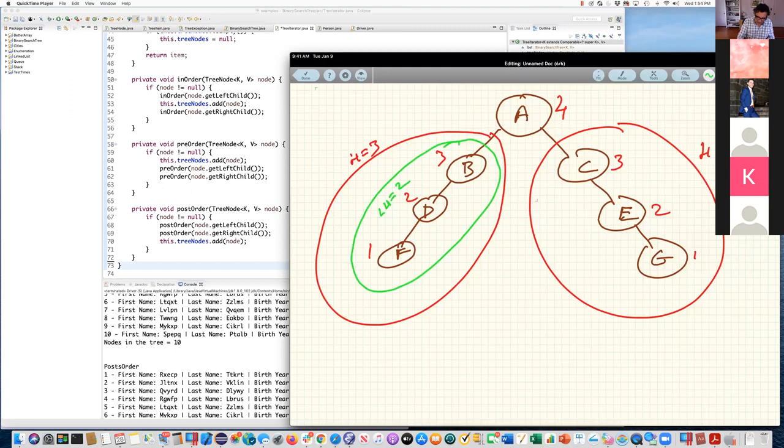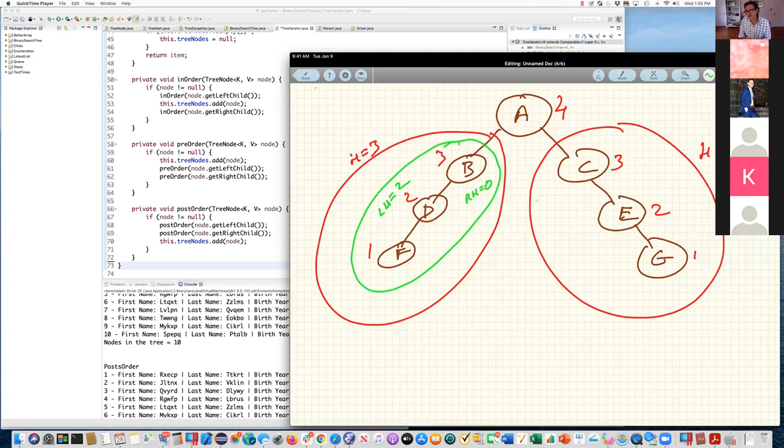And what is its right height? 0. It has no right subtree. B has no right subtree. Correct? So therefore, this subtree is not a balanced subtree, which means that the tree is not a balanced tree. If I find one subtree that is not balanced, the tree is not balanced.